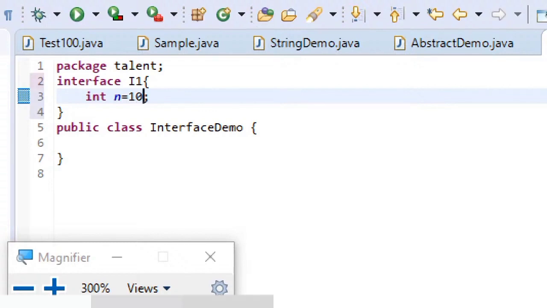Before I assigned a value to this n, you saw it raised a compile time error saying that the value is not initialized. Now when I have just assigned the value 10 to this variable n, the error is gone. So the point to be noted is, whether you use the keywords public static final or not, all the variables are public static final variables. Now another thing,